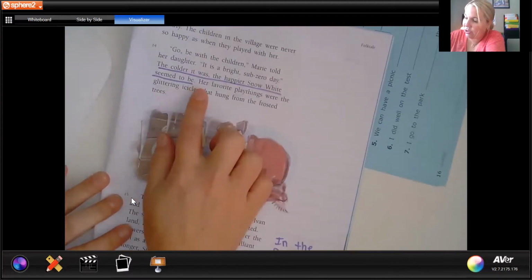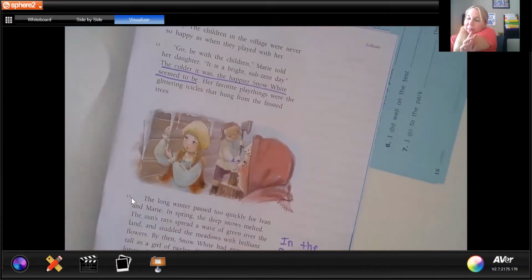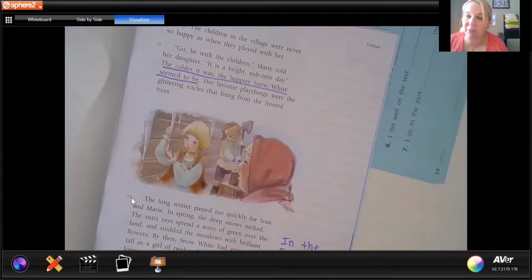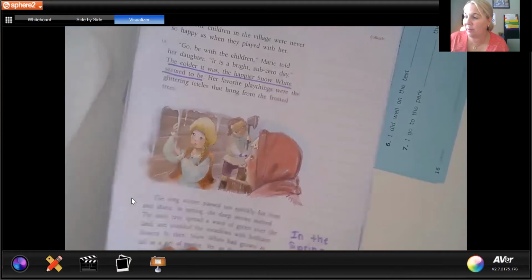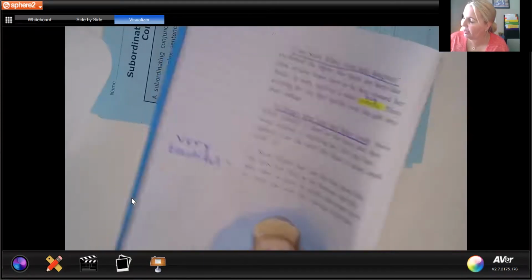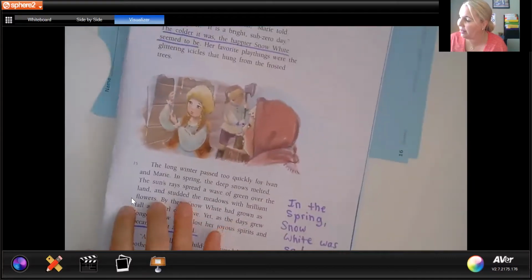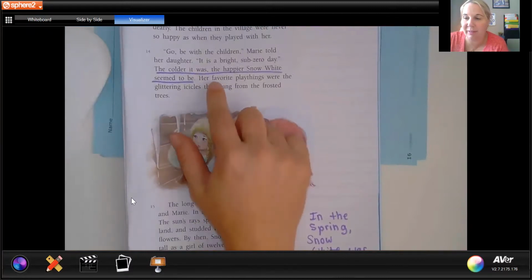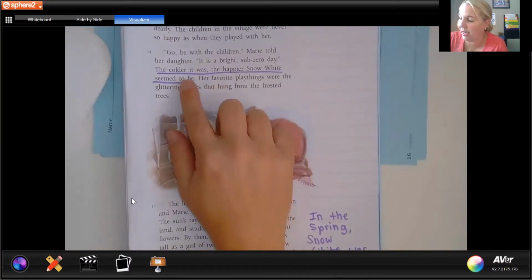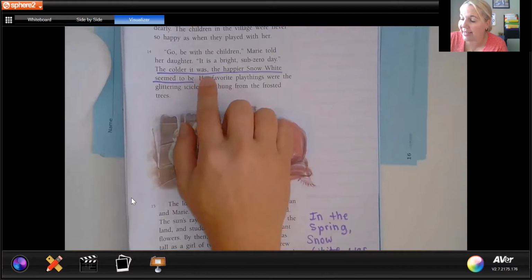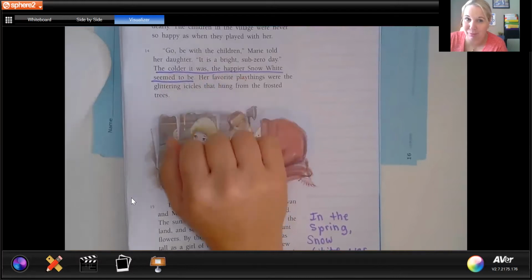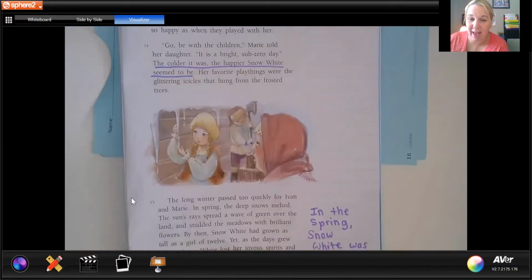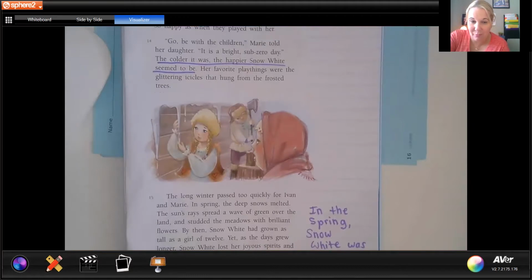Then everybody was so happy to play with her, and she loved playing with all the kids in the winter. It reminds me of Olaf we talked about, right? The colder it was, the happier she seemed to be. So she was super happy when it was